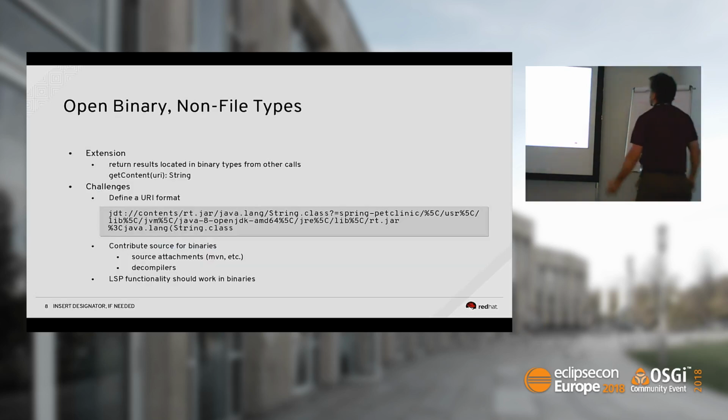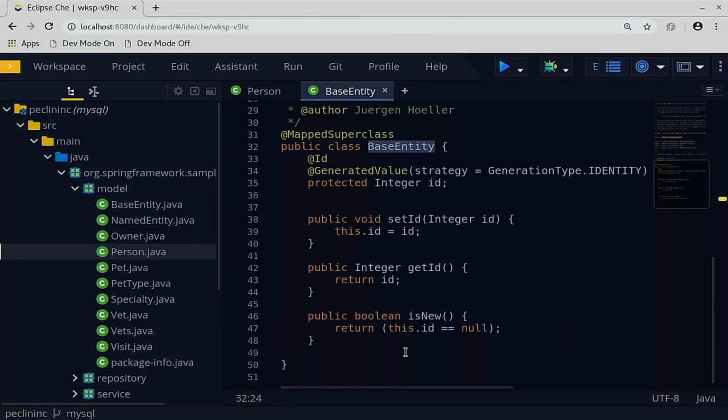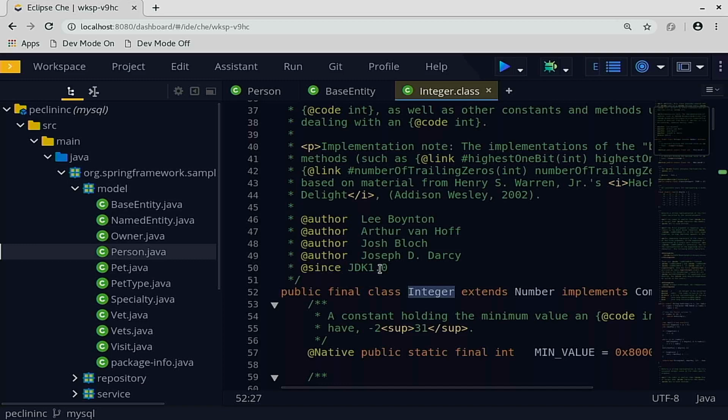So let's start with the first thing we did, which is also present in VS Code: the ability to open non-source files. In TypeScript or wherever, this might be a rare case, because you always have the source, but in Java it's very common. Again, if we look at this, where's my cursor? Here's my cursor. Let's say I have Integer here, and Integer is not in the source file, it's somewhere in the JDK. If I do my F4, you can open that and see source code. But there's no source code. So what happens here is